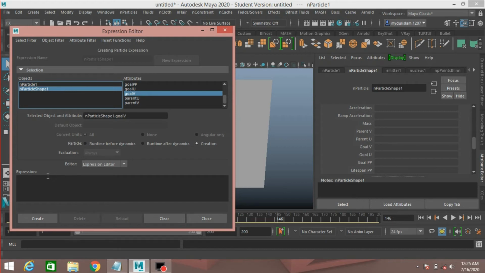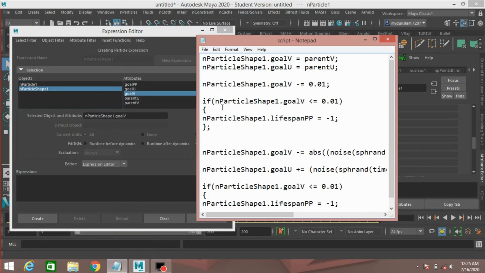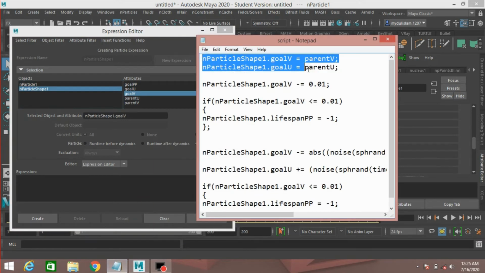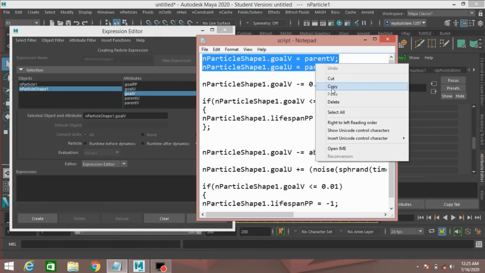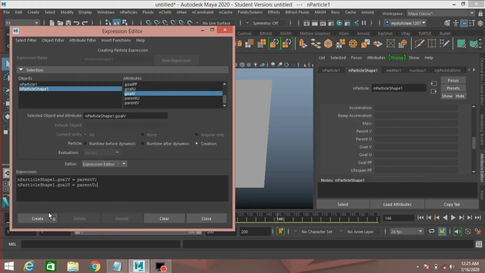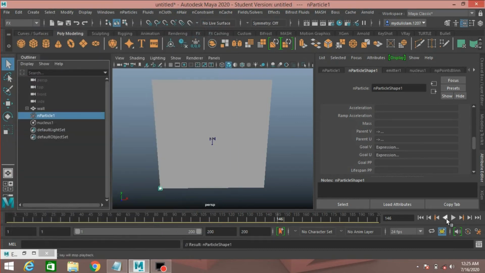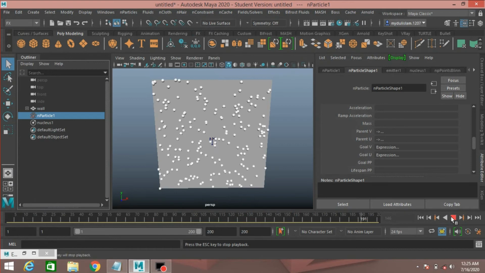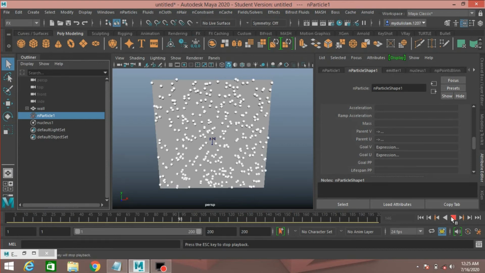Now select creation and copy this text, just here and paste it. Ctrl plus V. Click create. Now click play and see the effect. See,